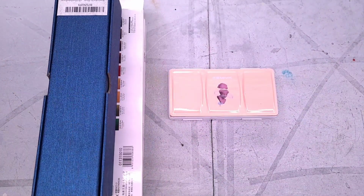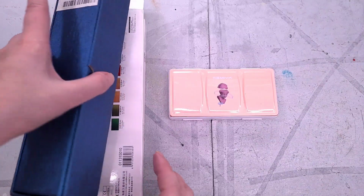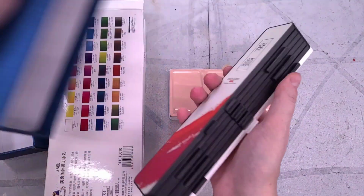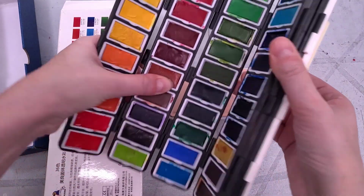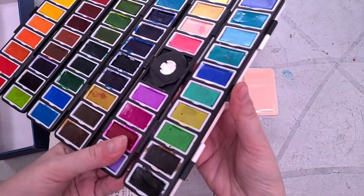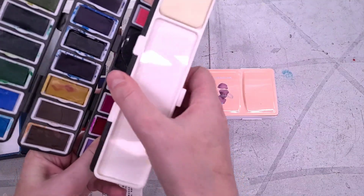So I pulled three that I think are worth talking about. I have reviewed so many in this student grade showdown. I don't feel like pulling all of them out. So we narrowed it down to three. We have the Superior folding fan palette. Of the Superior watercolors, this is probably one of my favorite iterations. It reminds me of a Gansai style palette. It does take up more room, so I wouldn't call this necessarily a good...